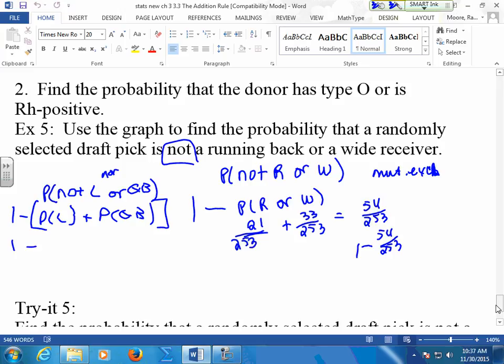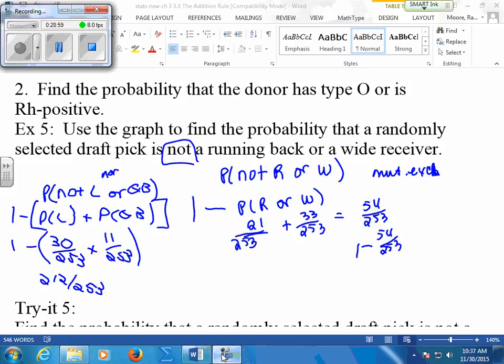So what's your probability of a linebacker? How many linebackers? 30. How many quarterbacks? 11. So when you add them and subtract them from 1, you get 212 out of 253. And you can reduce it or put it in a decimal. I don't think that can be reduced. Those are mutually exclusive, right? They are. They can't happen at the same time. And whenever you get a chart, you can tell easily